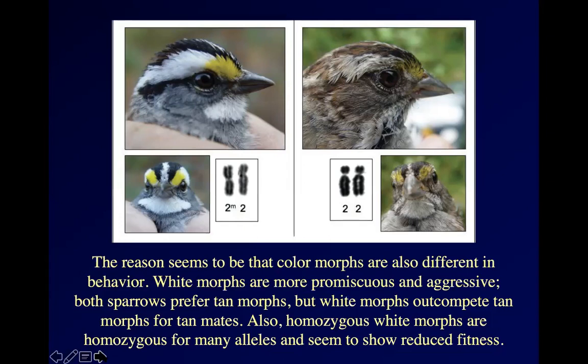Part of the reason is that the morphs don't only differ in color, they differ in behavior. Probably because that chromosome inversion affects multiple genes. It also tends to affect crossing over. Remember that in meiosis 1, the chromosomes pair up and they swap bits. Hopefully you remember that from your genetics classes. Yes, crossing over.